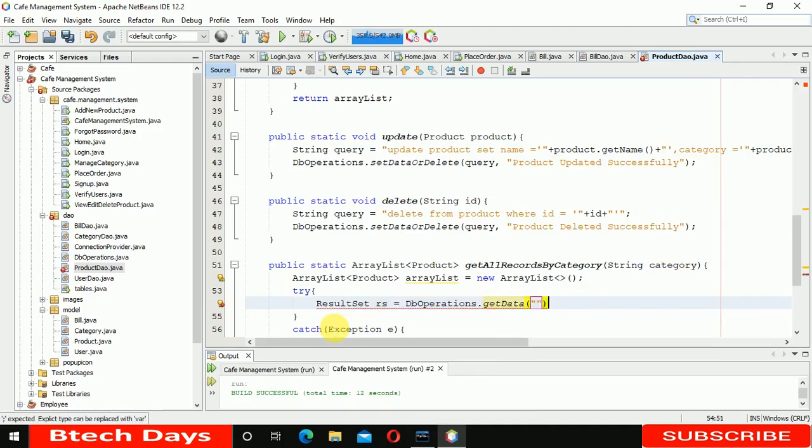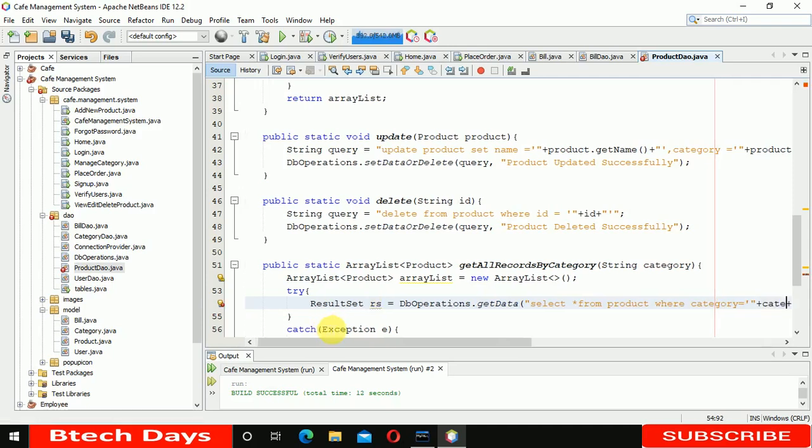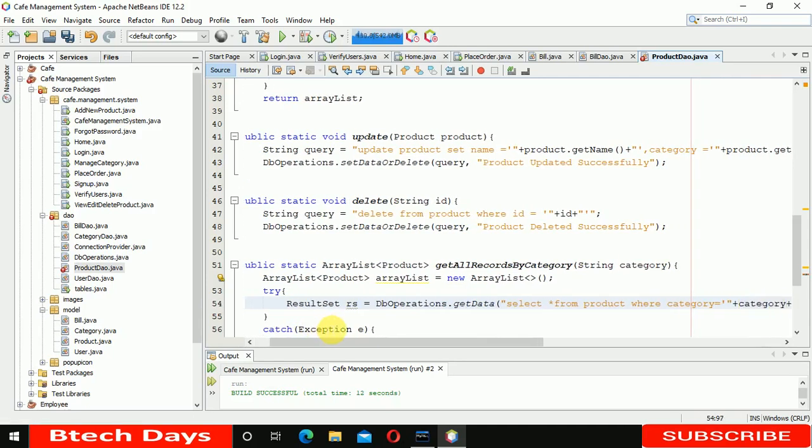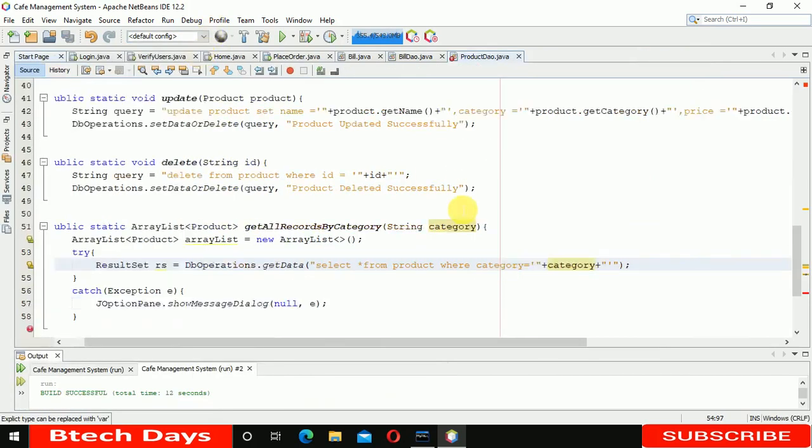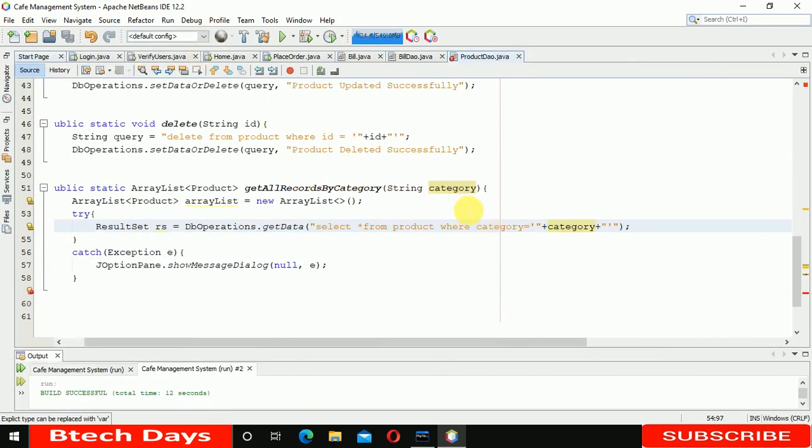So here we are going to write select star from product where category is equal to single, double quotes, plus plus, and here whatever the value of the category, we are going to pass it. So let me minimize this so that you can see the complete query we are passing over here. So after that we will get the value, right? So while